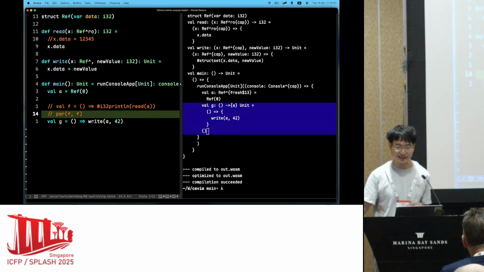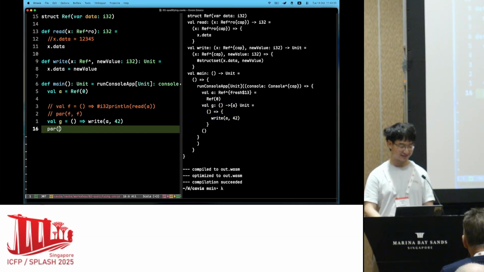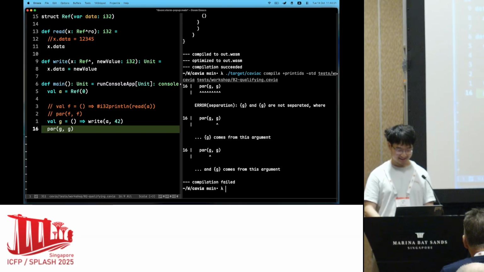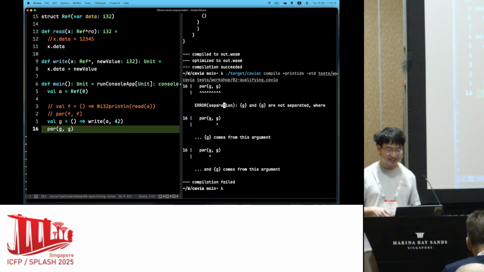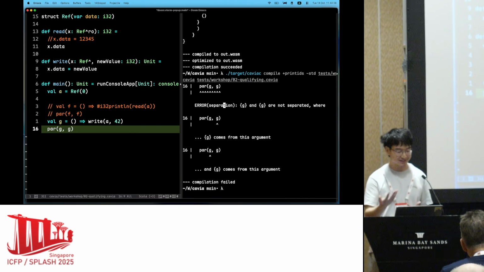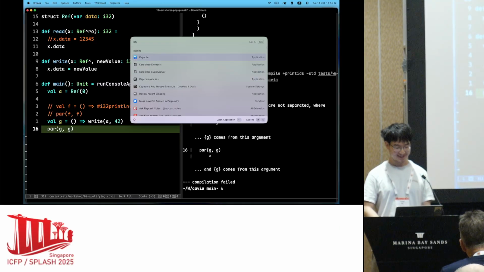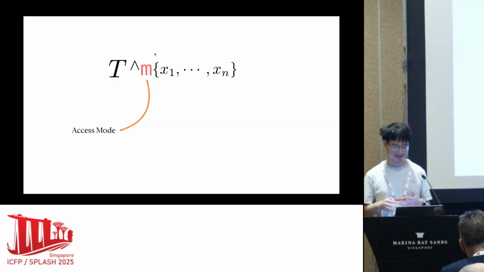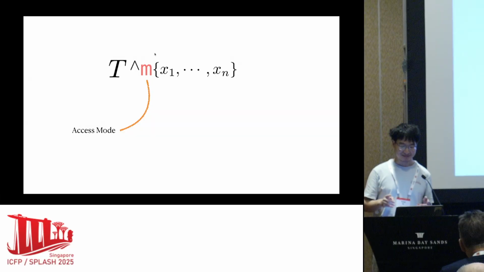It can write to A. So it has to also pay the price of writing to A, so it cannot possibly be run in parallel with G itself or F. Both will be an error. Like here, we get a separation error because G and G are both writing to A, which shouldn't be allowed. So yeah, this is the first step of this idea of